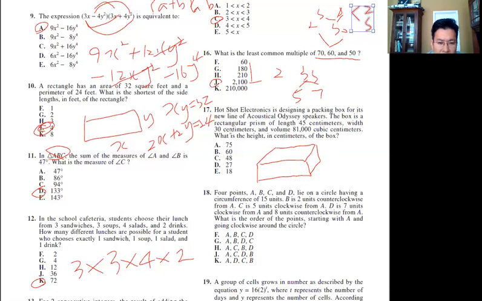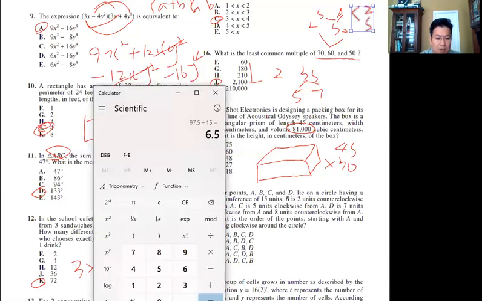So you multiply this 45 times whatever you have, 45 times 30 times x is what the volume has to be. So 30 times x, this x is, okay, so we have to